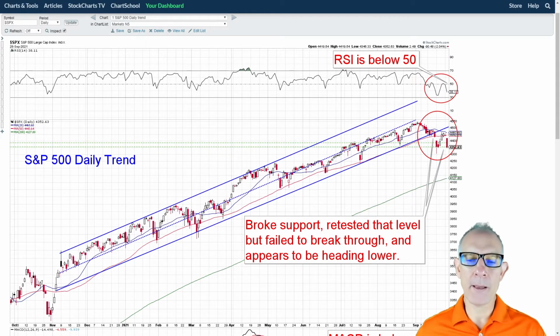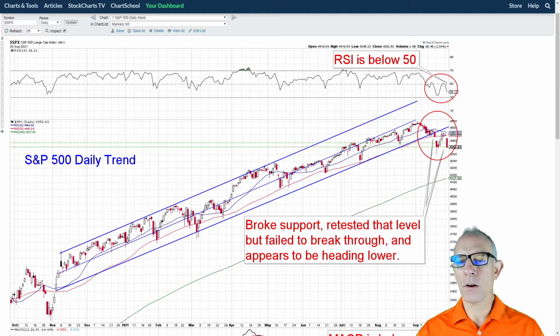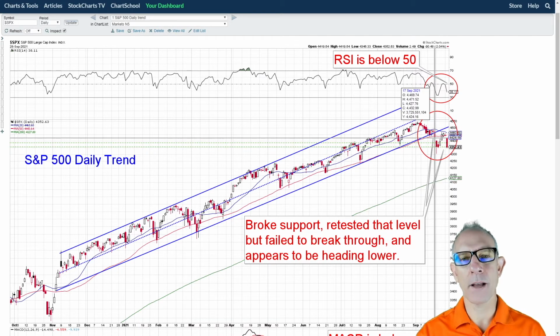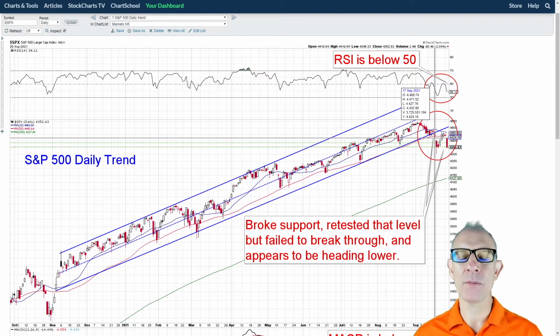So the futures here on Wednesday are up a little bit, so you might get a little bit of a breather here, which more than likely for us is going to be an opportunity to start lightening the load a little bit. So there's been some technical damage. Basically the storm is brewing, the waves are rising. We're kind of starting to see some